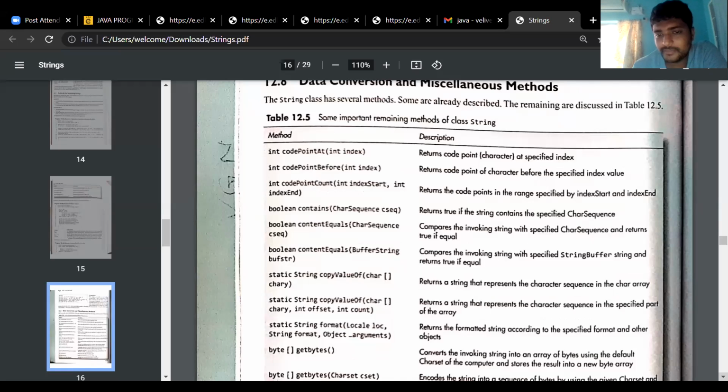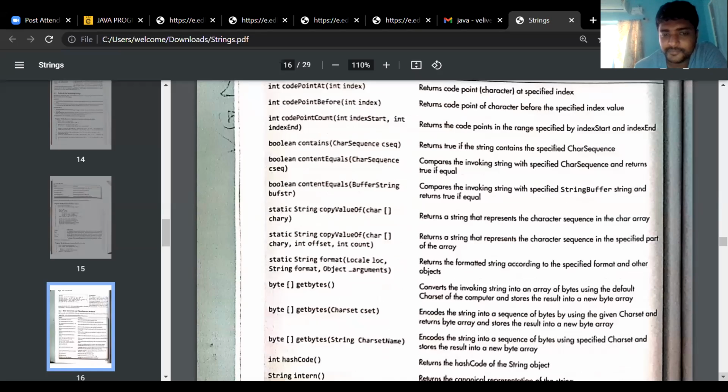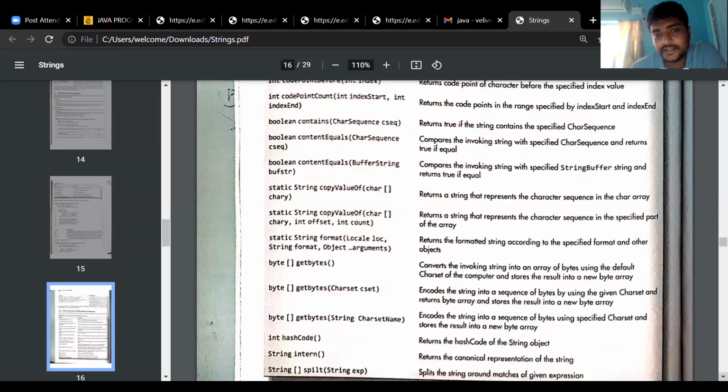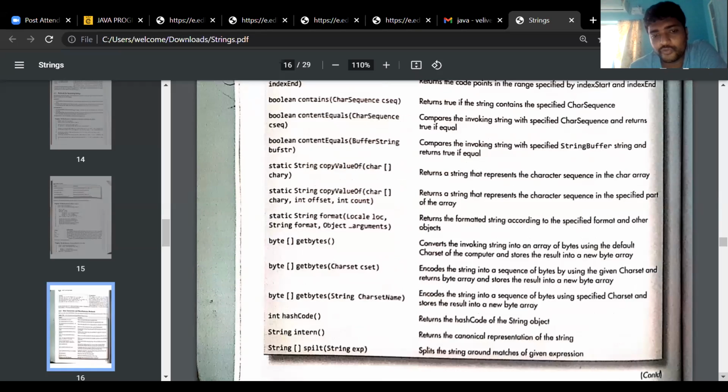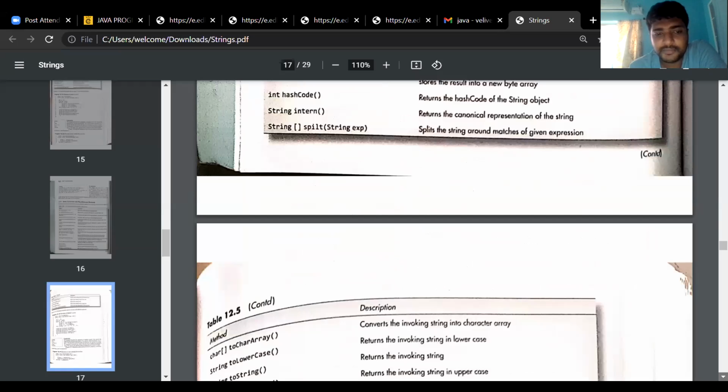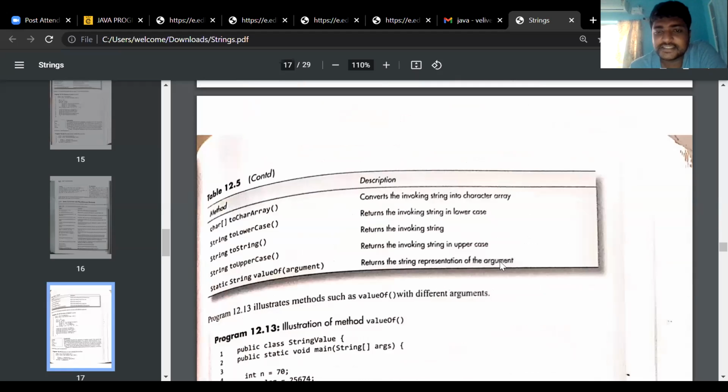We have many miscellaneous methods, and the most important one is valueOf. valueOf is a widely used method which returns the string representation of an argument.